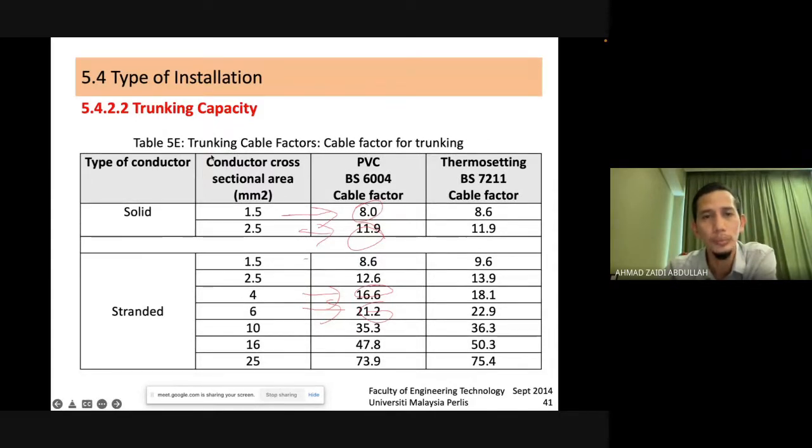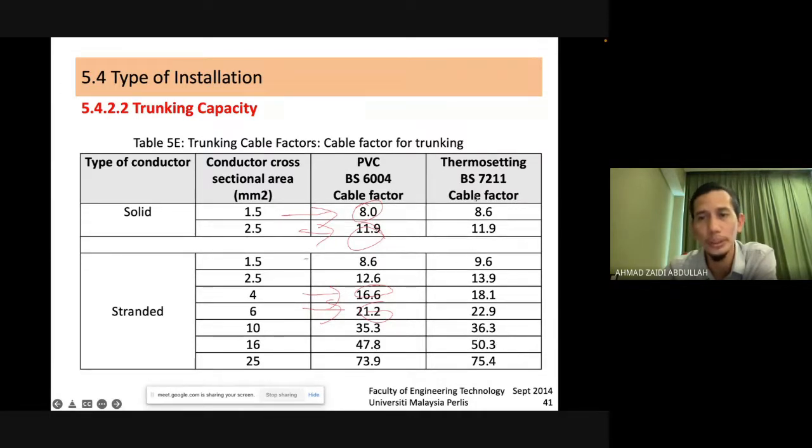It has solid and stranded, for cable sizes from 1.5 up to 25 mm. And then you need to check the cable factor based on the type of cable. This column is for PVC, and this one for thermosetting,